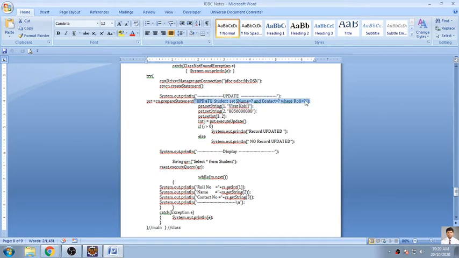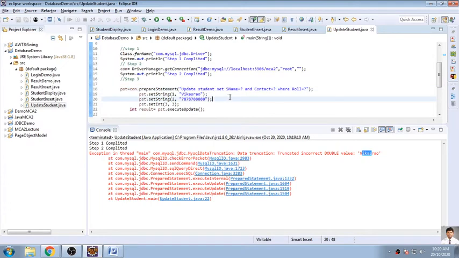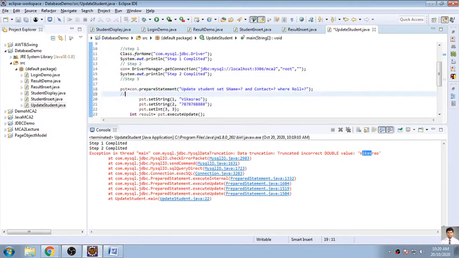So there is no issue with the query because it is written like this only: update student set sname is equal to question mark and contact. It is correct.